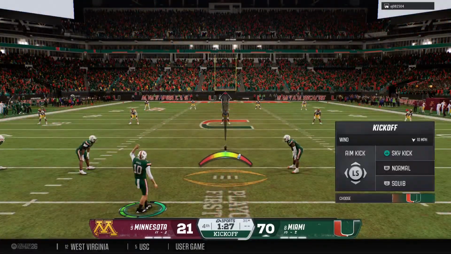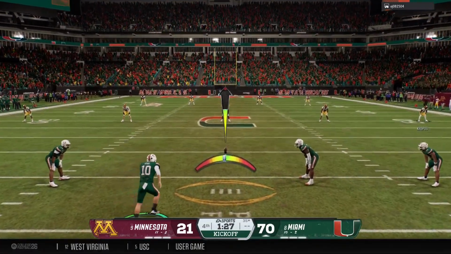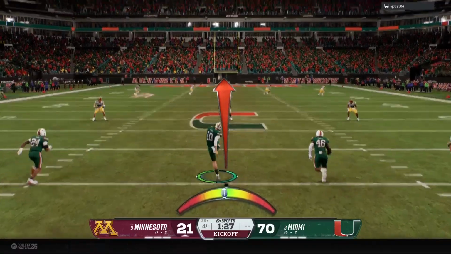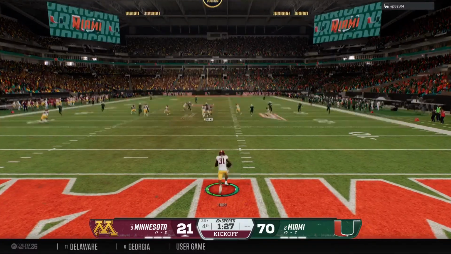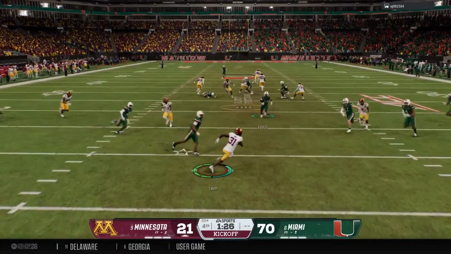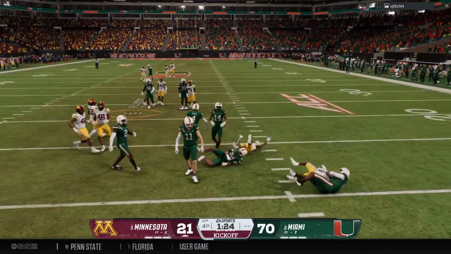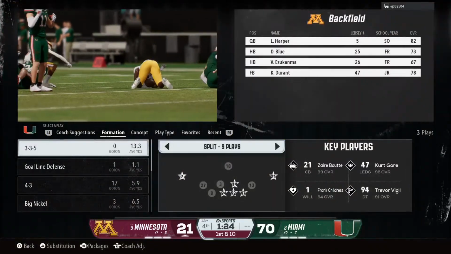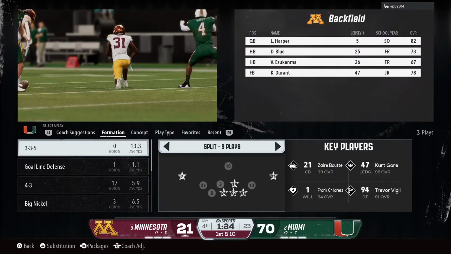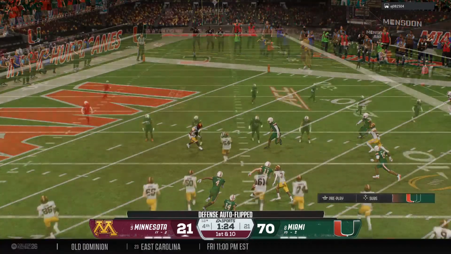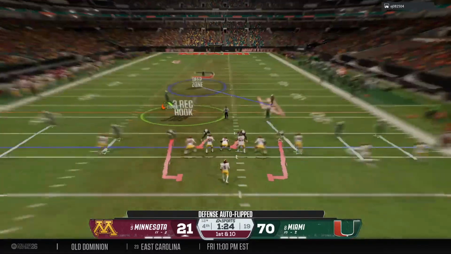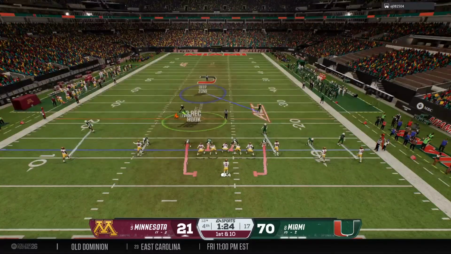So after putting up the touchdown, the kickoff team is out there to boot it away. Minnesota, 21. And the return starts just inside the end zone. And he's brought down at the 12. That's poor field position to start the drive. And the first play of the drive now, they're backed up at the 12-yard line.